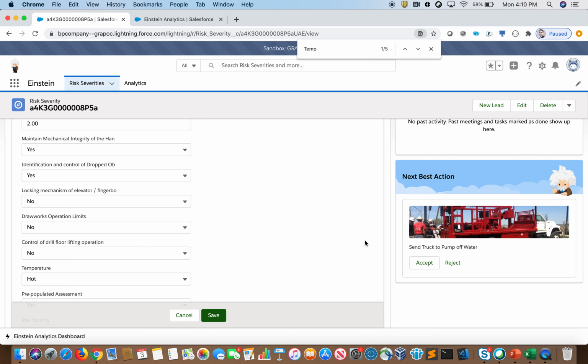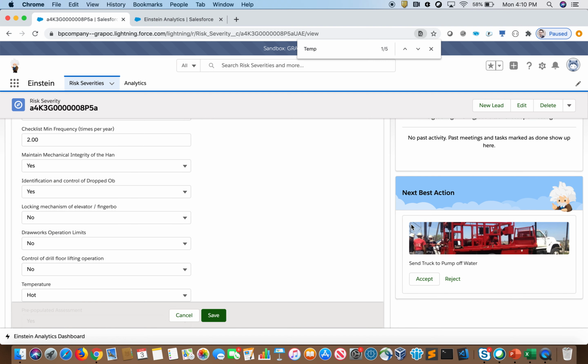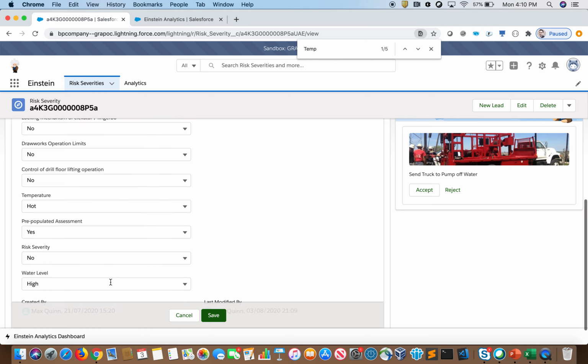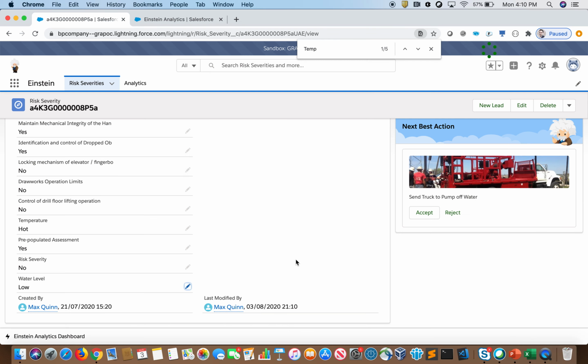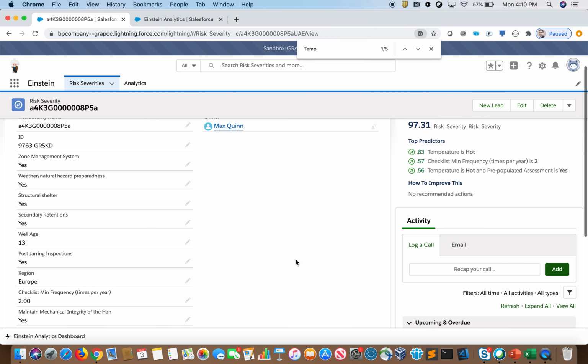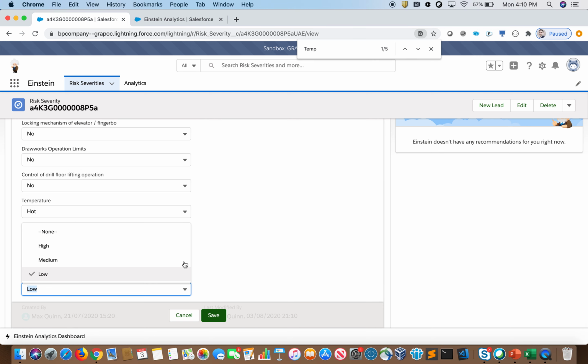So Einstein on the back end is looking at all the data, and depending on some of the business strategies we specify, it might recommend some different strategies. Now, it's picking that up because the water level is high. If we were to change it to, let's say, low, we see that that recommendation goes away. It's appearing because of the data that's in here. So just going back and changing it back to high so the recommendation appears again,